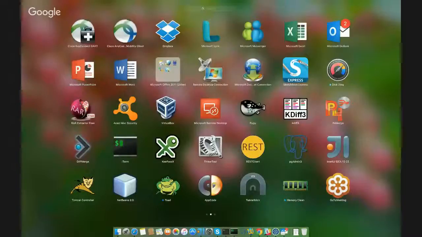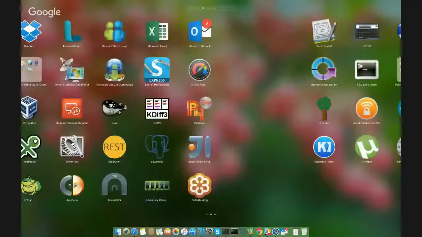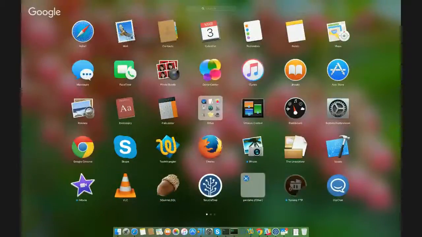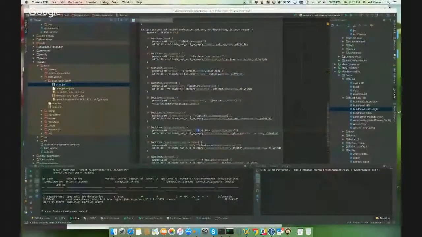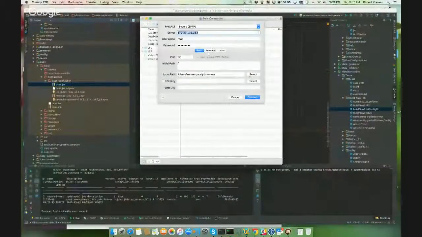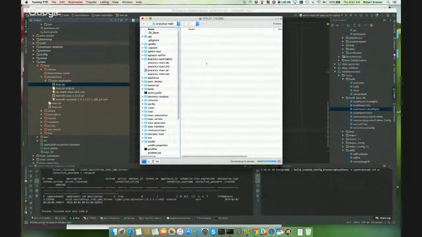It's basically an SFTP app. This one's called Yummy, and it allows me to connect using SFTP to a particular box. Let's see if this connects. Well, this one didn't, but on the right-hand side, this is just like that